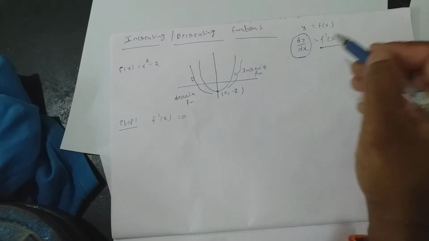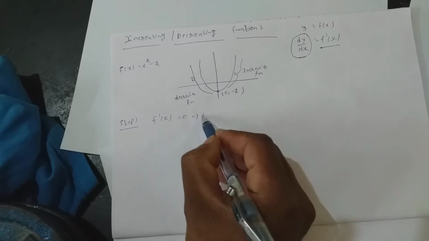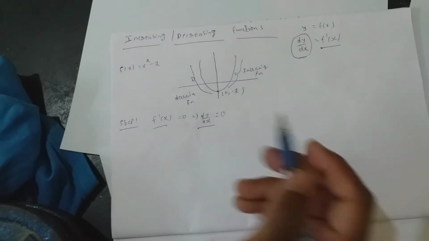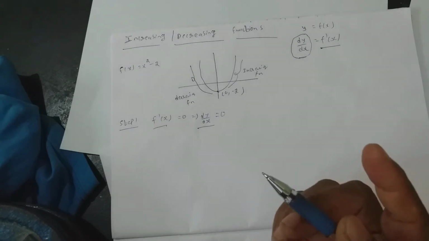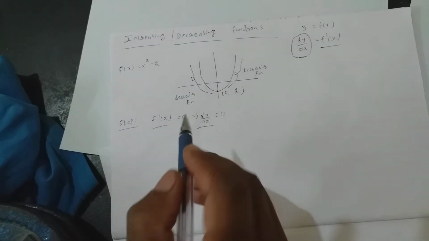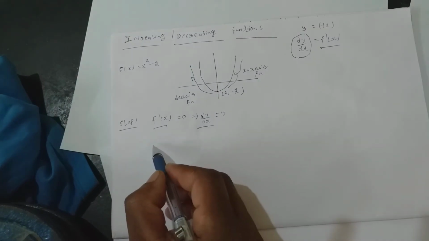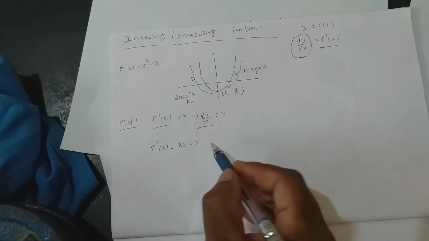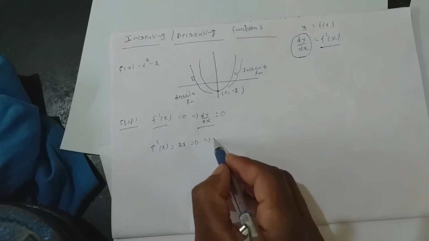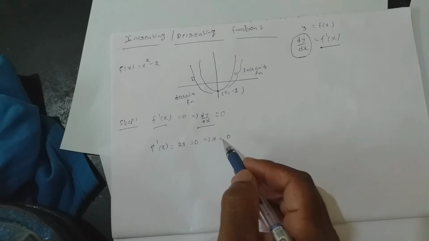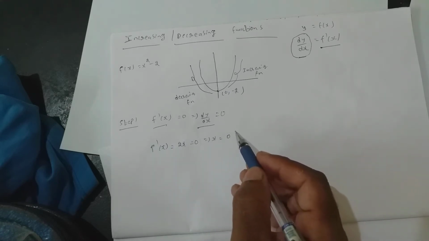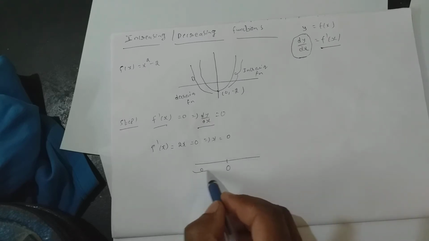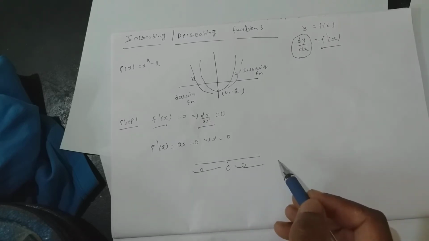Am I clear? Okay, now f dash x equal to 0, that is nothing but dy by dx equal to 0. Whether I write dy by dx or f dash x, both are the same. Next, first do f dash x equal to 0. So how much will I get for f dash x for this function? I get 2x. If I equate it to 0, what x value do I get? 0. As in modulus, we need to do the same here. On the number line, at 0 it's taking a turn, so before 0 and after 0 I need to check.